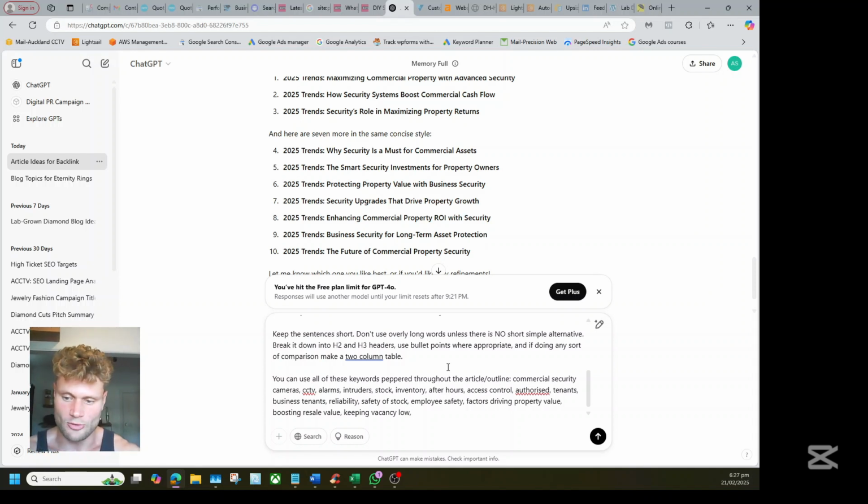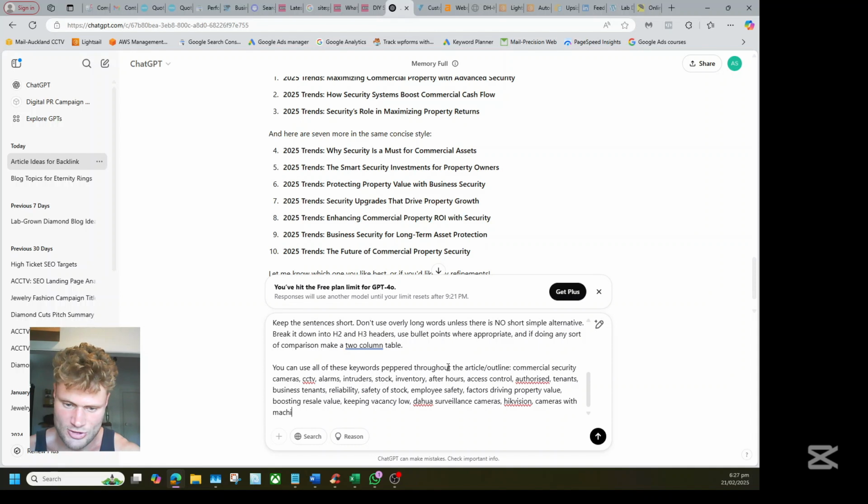Now let's put some more keywords in around what we want to do. So let's say Dahua surveillance cameras, because that's a brand we use. We can say Hikvision, that's another brand we use. Now we're going to say cameras with machine learning. Let's say night vision. We're going to say 2025 advancements in CCTV technology.